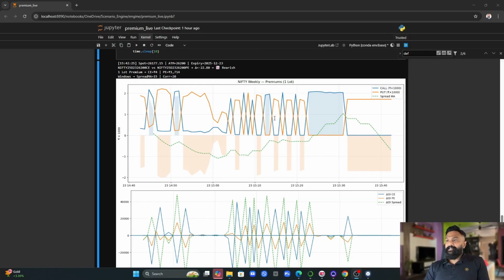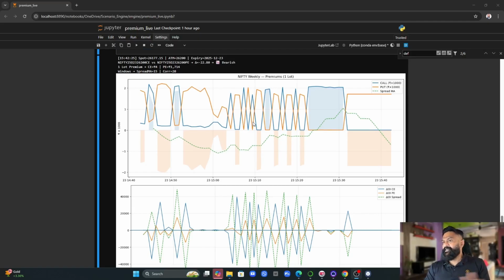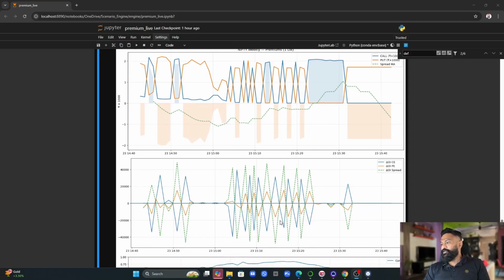So moving on to the next engine, this is Premium Live. I use it for Nifty futures and options. This engine fetches the ATM. It's a dynamic ATM. It adjusts the ATM by itself, and it also fetches the premium for calls and puts. Today was expiry day, so the market is closed, but I still have data from today. Here the blue line shows the premium for calls, the orange line shows the premium for puts. And this panel shows the delta OI, the open interest delta between PE, the put, and call,